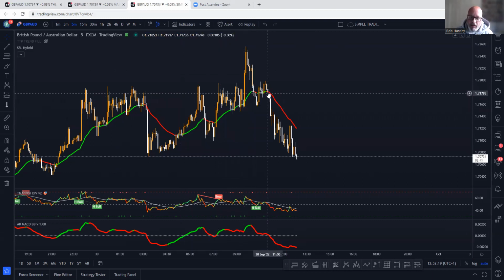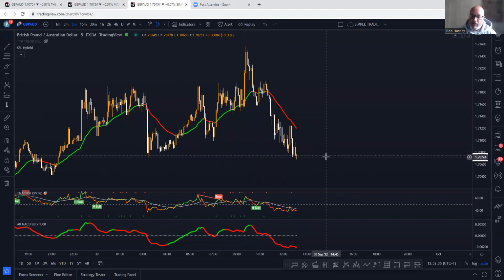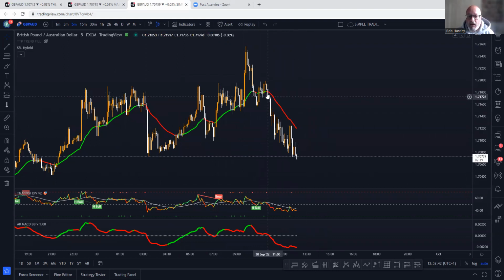What have we got going on here? Oh, that's turned red. Price is below it. That's red and below the floating, and now going below the mid-level. That's red and going below the 50. Brilliant. Let's go for it. And I've just realized all that time I was talking that if I'd got up earlier today, I could have had some fun with that. But